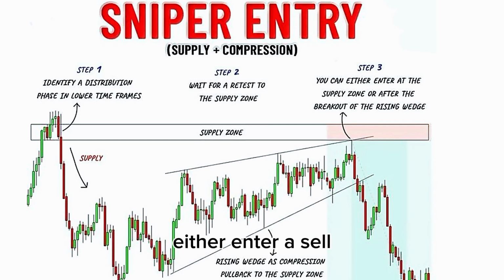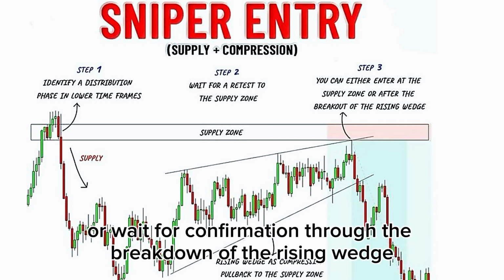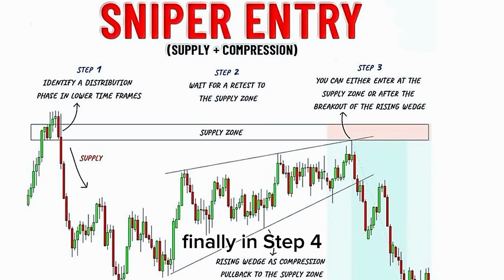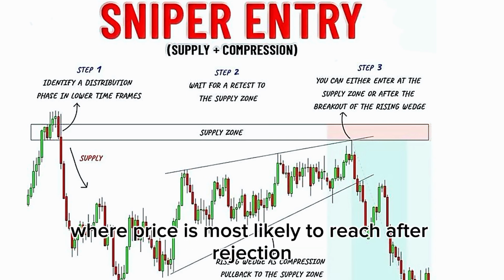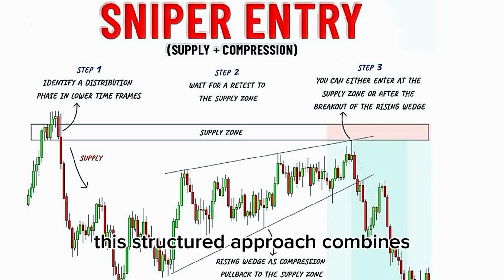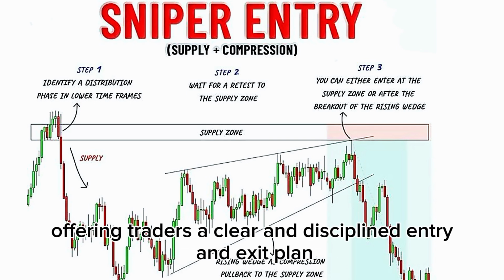Either enter a sell trade directly when the price touches the supply zone, or wait for confirmation through the breakdown of the rising wedge. Finally, in Step 4, the take profit target is set at a previous major low, where price is most likely to reach after rejection. This structured approach combines supply zone analysis with price compression to maximize accuracy, offering traders a clear and disciplined entry